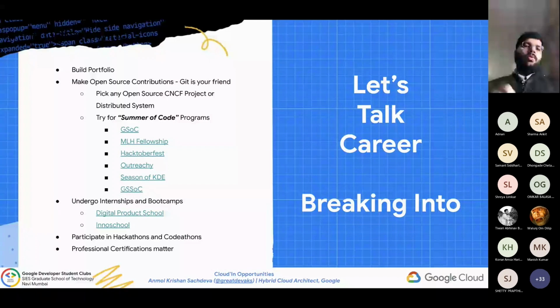You need to make some open source contributions, and Git is your friend. If you are not aware of Git, generally you don't get exposed to Git in your college. You should be getting exposed to Git, and you should be exploring version control systems or source code management, because there are some open source projects or projects which are freely available with their code base in the open source, which essentially will give you an understanding of how software engineering is actually happening,